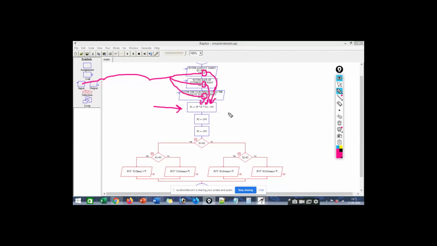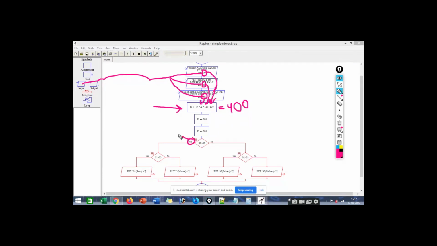Suppose the S1 value comes out to be 400 after calculation. Is S1 greater than S2? Yes.